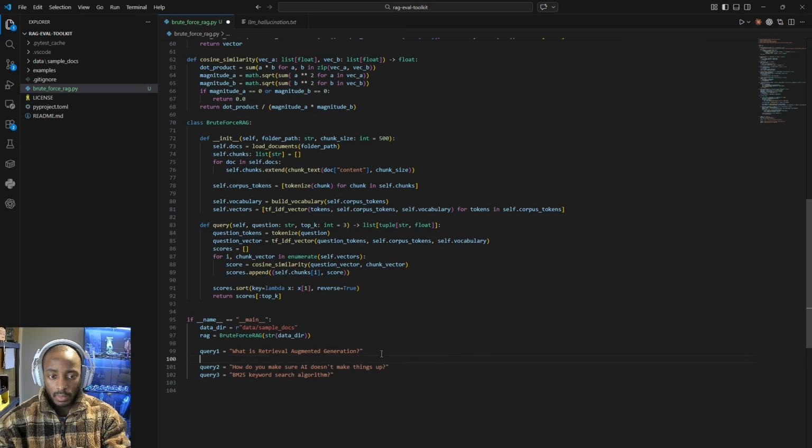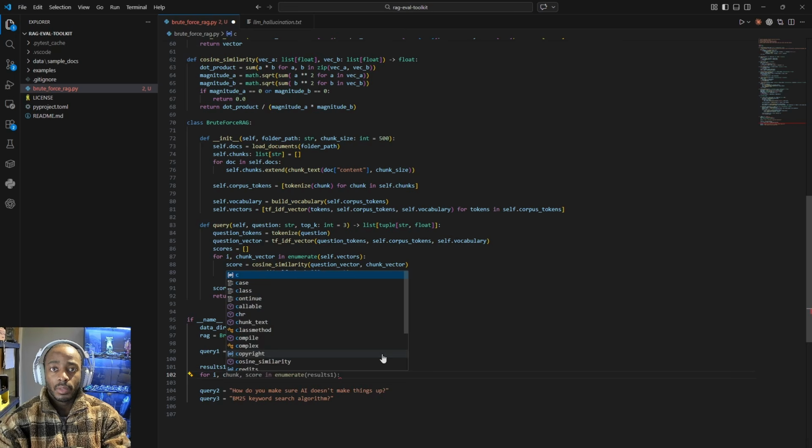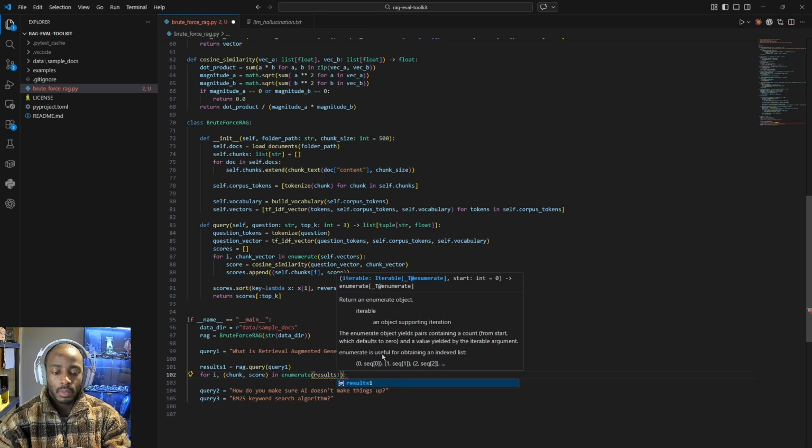actually let's do this one by one. So do here results 1 equals rag.query(query 1), and then we'll do for i, (chunk, score) in enumerate(results 1):